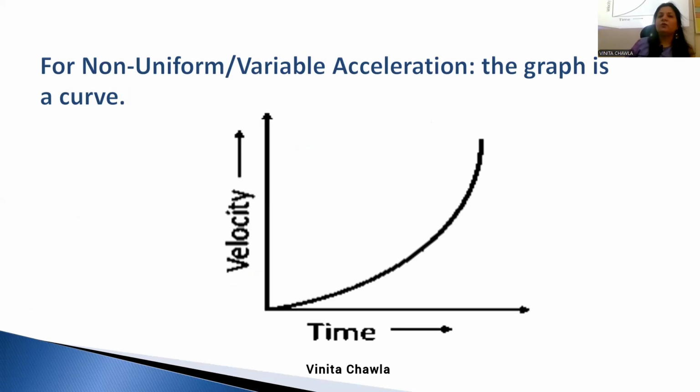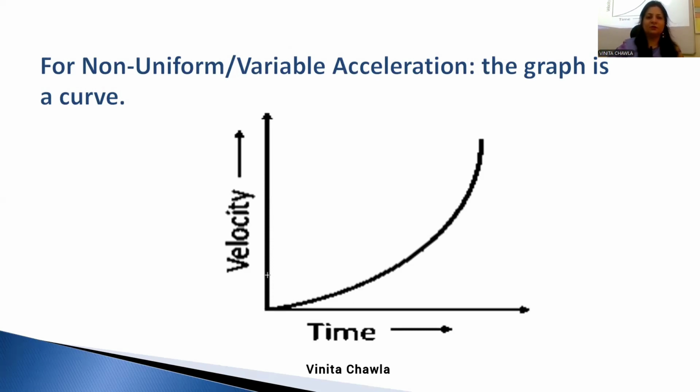For non-uniform or variable acceleration. Non-uniform means which is not constant, variable, changing acceleration. The graph is a curve. So here velocity changes by unequal amount in equal intervals of time. Okay, so there is unequal change in velocity in equal intervals of time. So if you draw, take the points here, then you will see